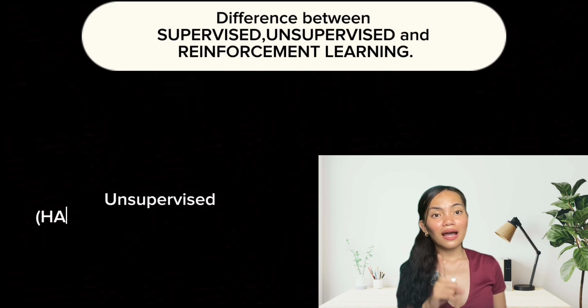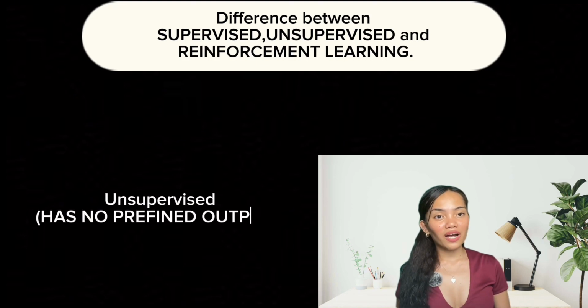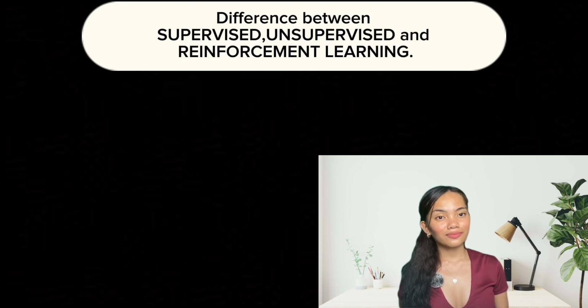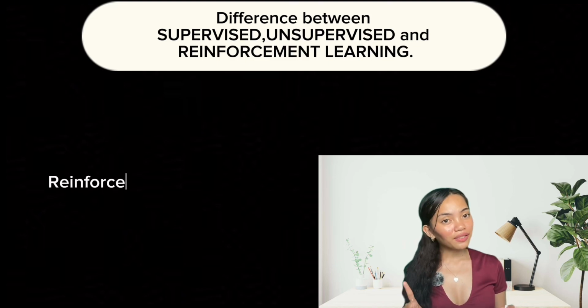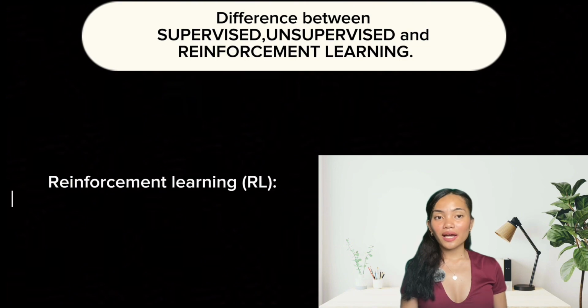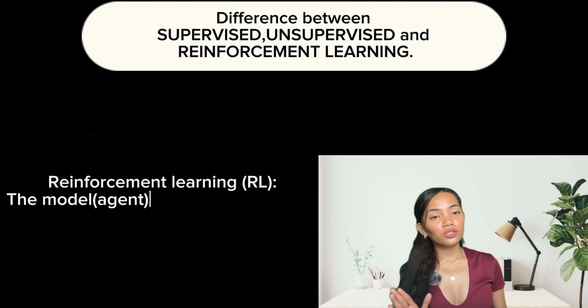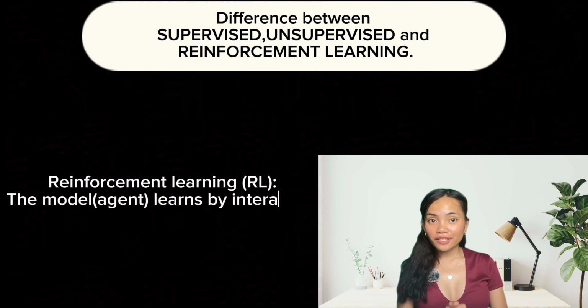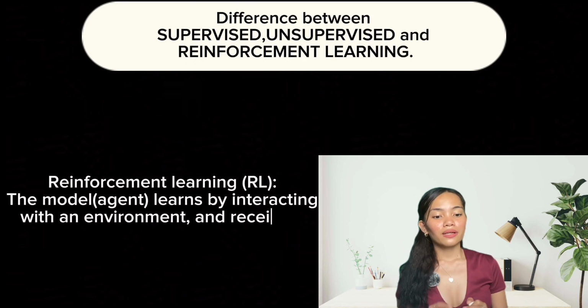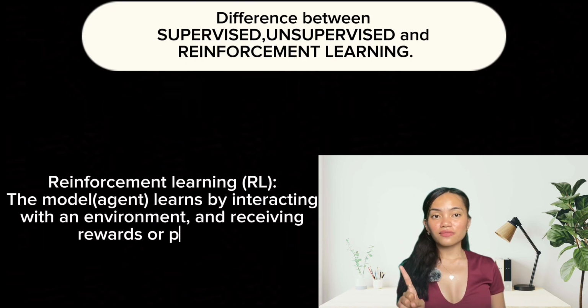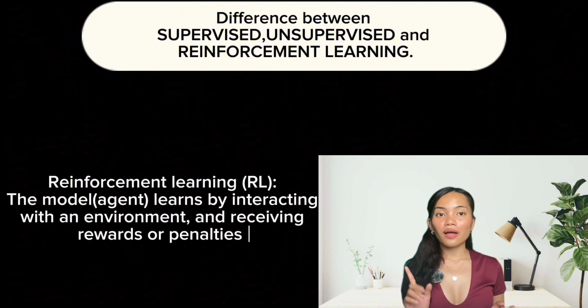Unsupervised has no predefined outputs. Last one, reinforcement learning, or RL: the model or agent learns by interacting with an environment and receiving rewards or